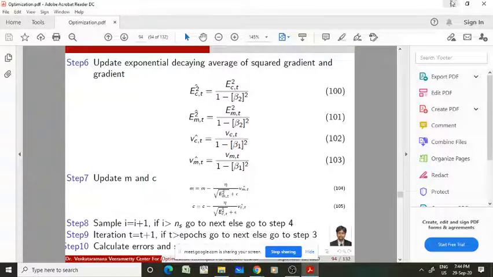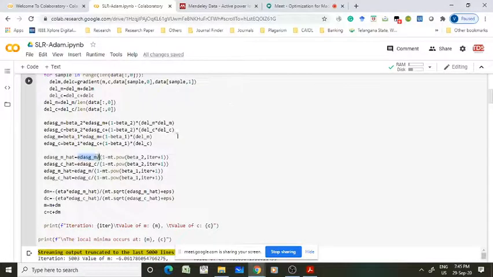Actually, I went through 2 to 3 papers. In one paper, they have mentioned 2 here, but the authors who proposed the Adam optimizer, in that paper they have considered the t here, the iteration count. So I am taking the information from the original authors only, not other papers. So that's what I have demonstrated to you and also implemented here.